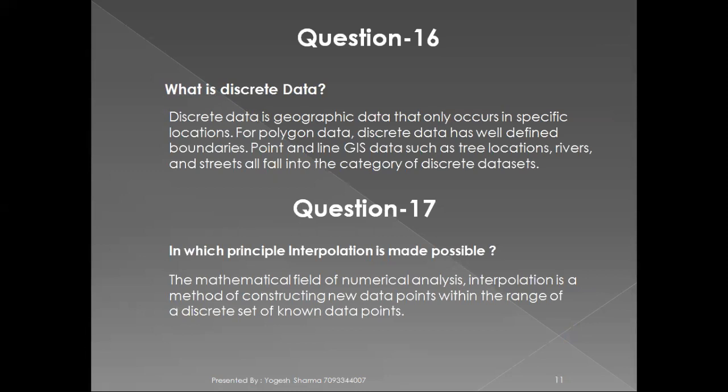In short, what is the meaning of the interpolation? Based on the known value points, we are trying to find the value of the unknown points. This is called the interpolation. And there is one more word that will come into the picture, called extrapolation. With interpolation, all the points are within the boundary. If I want to get the value of a point which is outside of the boundary or outside of the collection, that will be called extrapolation. But extrapolation is always dangerous, so most of the time people use interpolation only.